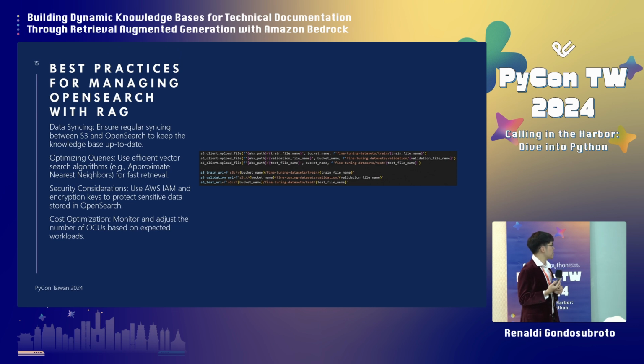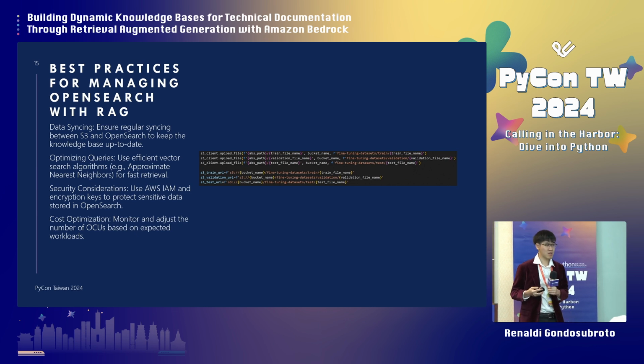We can also optimize the queries, and use efficient vector search algorithms for fast retrieval. As mentioned before, security is always an important concern, especially when we look into production-based data and more of the organizational workloads. That pretty much will dig down into using AWS IAM in this particular scenario. And of course, using encryption keys as well to protect the sensitive data that might be stored in OpenSearch or